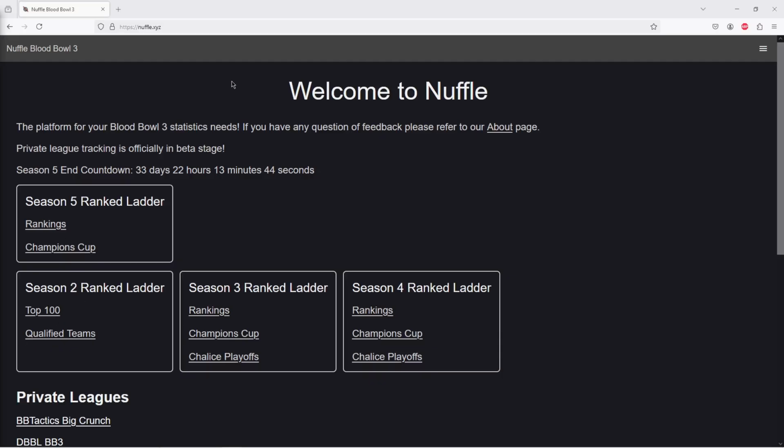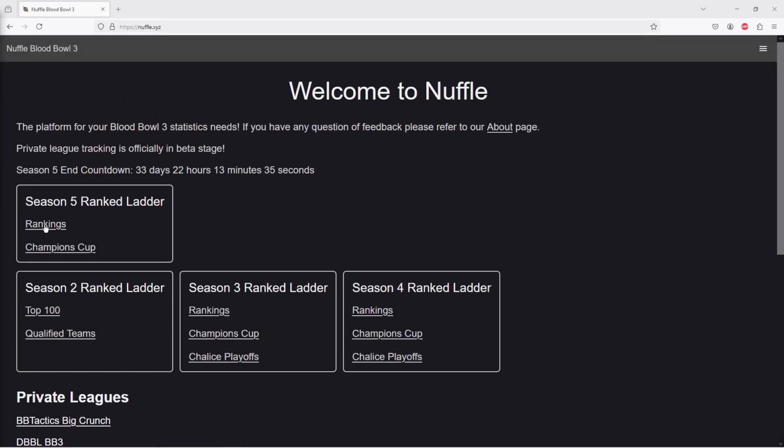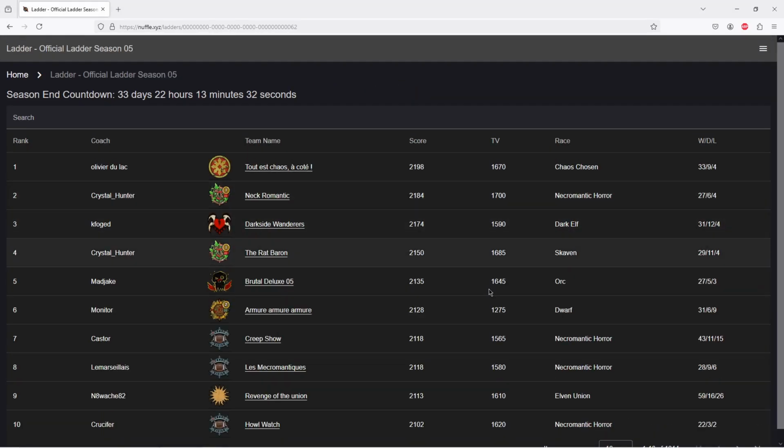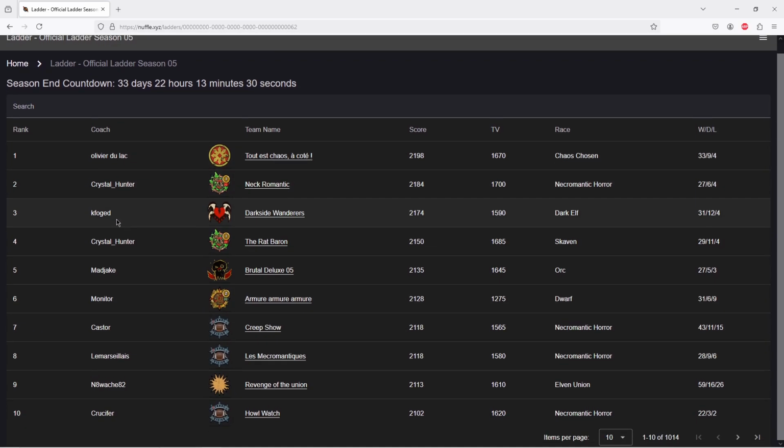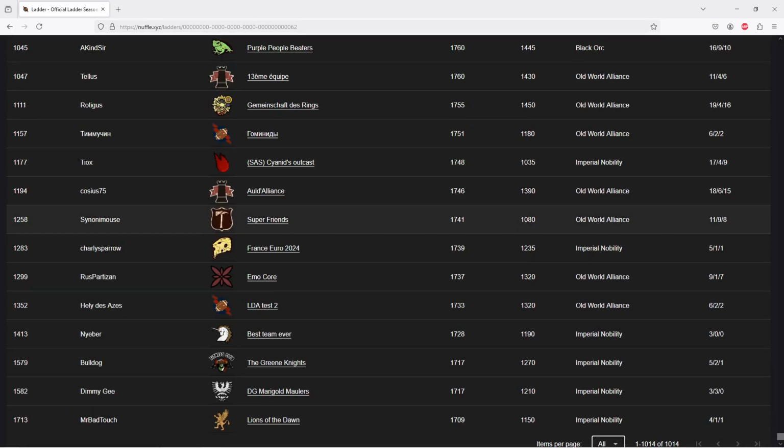Here we've got Nuffle XYZ, which shows the various seasons for the rank ladder, but also now some private leagues. So if you click into the rankings, for example, of Season 5, by default it shows the top 10 players. You can change that to show all. It takes a little while to load. You can sort of page down and see